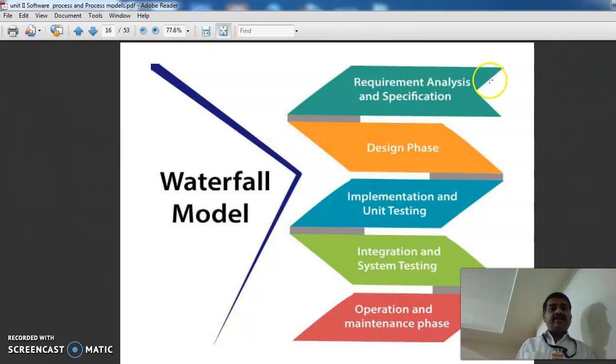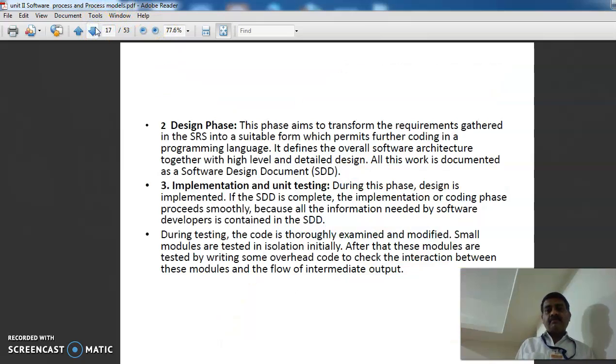The first step is requirement analysis, then the design phase, implementation and unit testing, integration and system testing, operation and maintenance. So the operation and maintenance phase is the last phase. Second, we have completed the first phase, the requirement analysis phase.